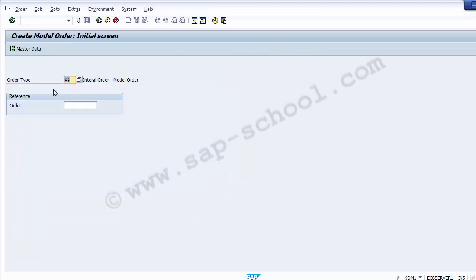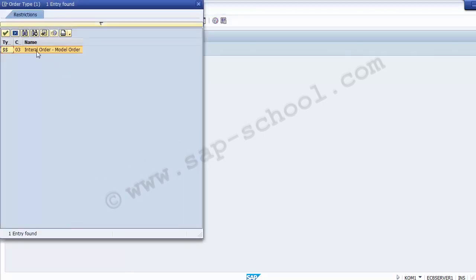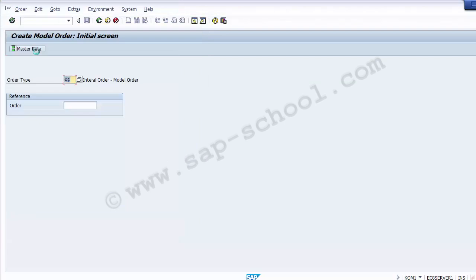Once I click on create, it asks me the order type. The order type is the one which we have created just a while back. So let's see the list of different order types on the system. There is only one as of now. This is what you need to select over here as the default order type. So that is these double dollar marks. This has to be taken, and once you have taken the order type over here as the double dollar signs,